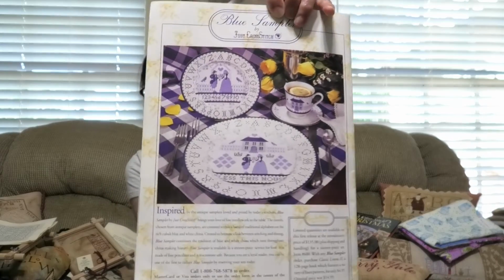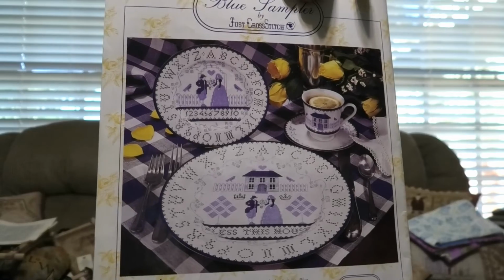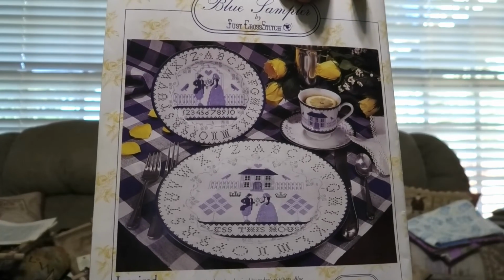and there's something really interesting on the back cover here. They have an actual 16-piece service for 4 of dinnerware that is cross-stitch. Check it out. I've never seen this. Isn't that cool? So this is